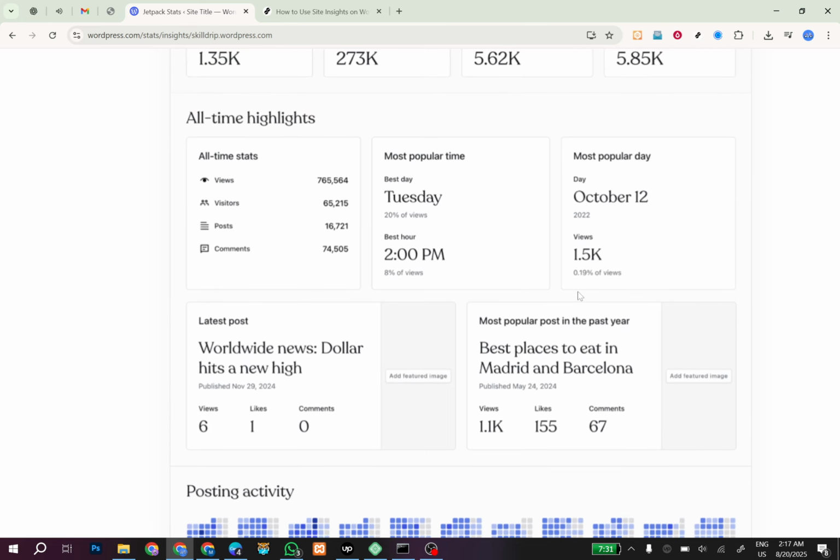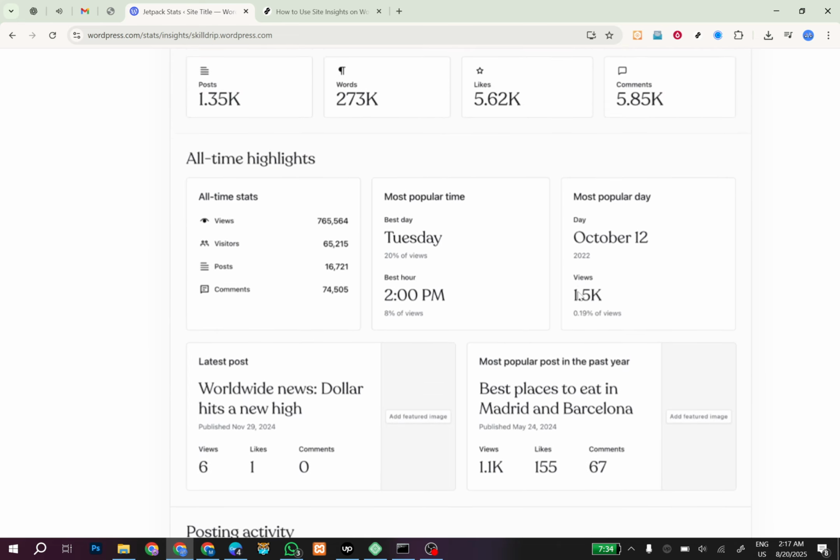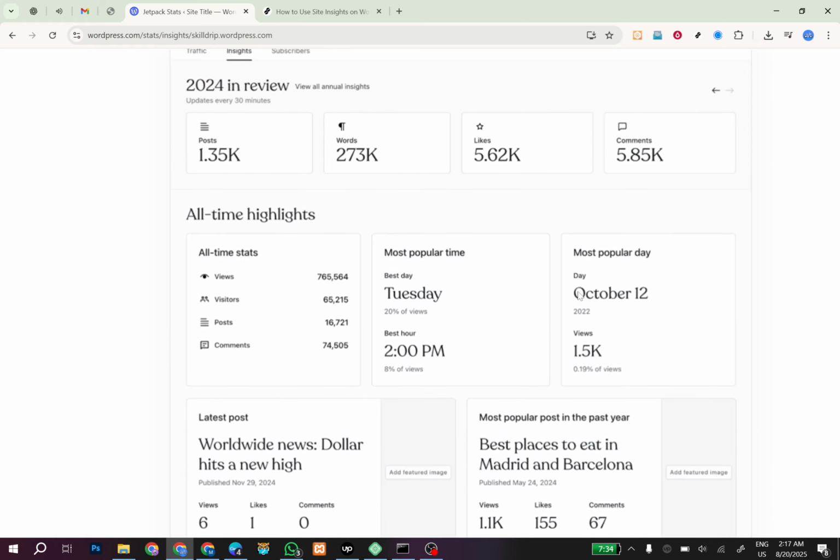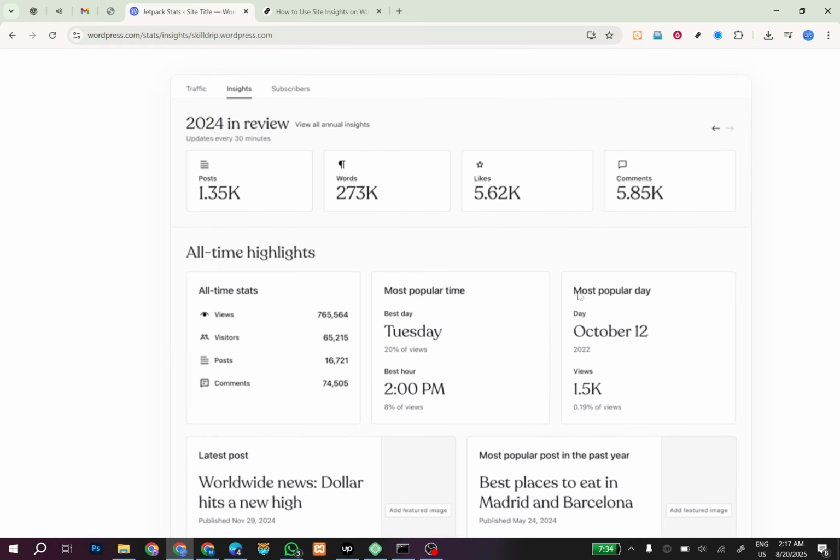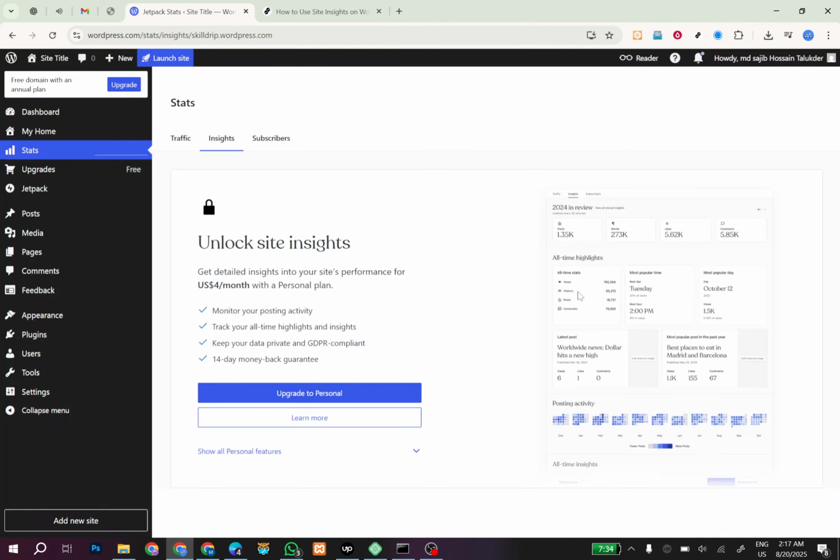To recap, start by logging into your WordPress dashboard, clicking on Stats, and then exploring the Insights tab if you have purchased the necessary plan. This step-by-step approach will allow you to immerse yourself in the analytics of your site, empowering you with the knowledge